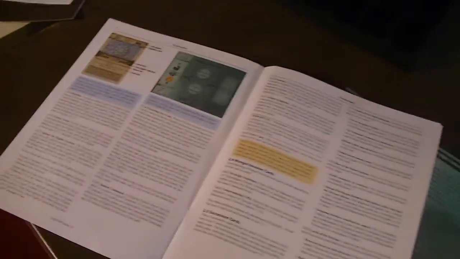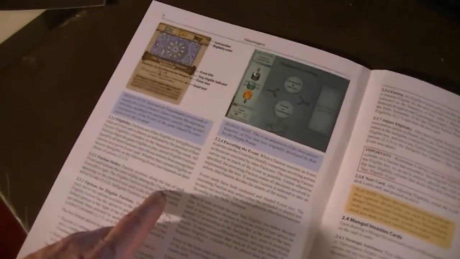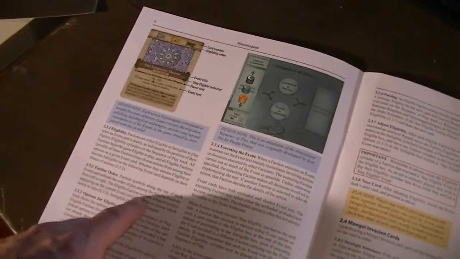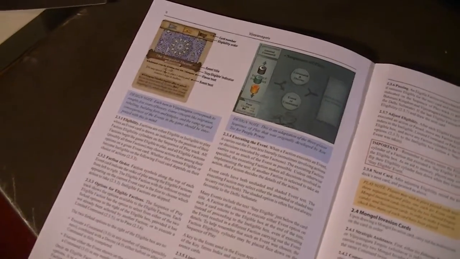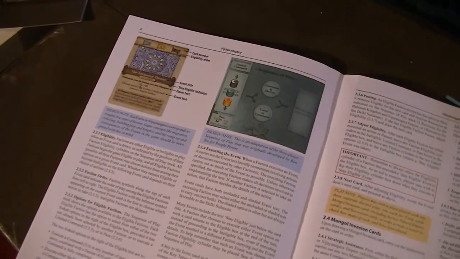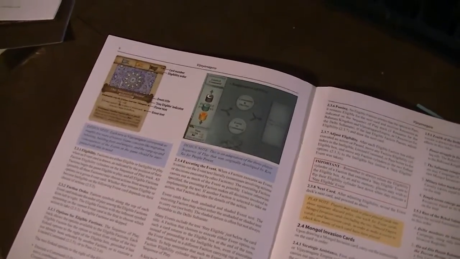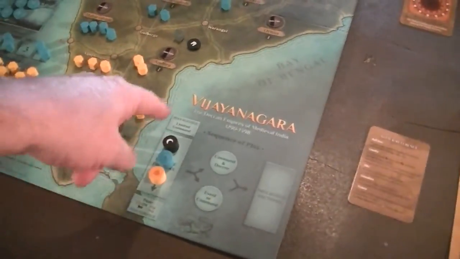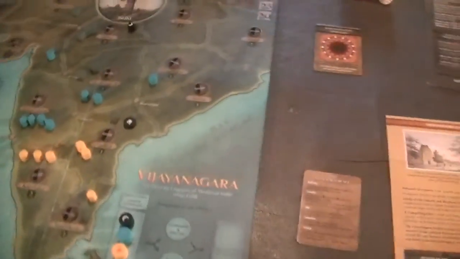And we have a picture of that, stay eligible there. Faction order. Faction symbols along the top of each card indicate the order of play among the eligible factions. The eligible faction with the leftmost symbol appearing on the current event card is the first to choose which action to take. Ineligible factions are skipped. I think this is the order for now, which means I don't know why, this order doesn't really matter. That's left over.